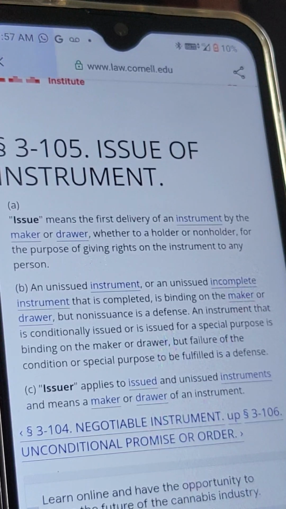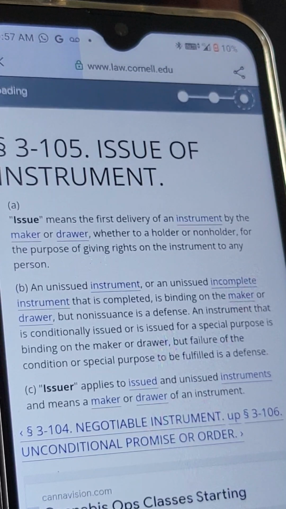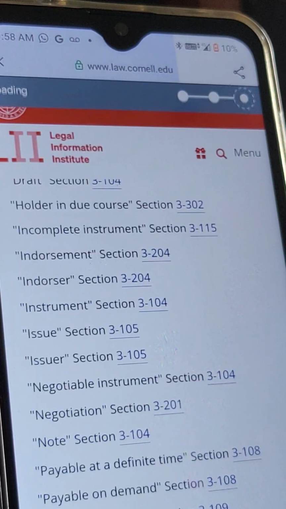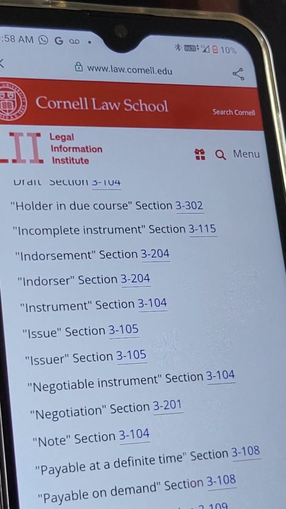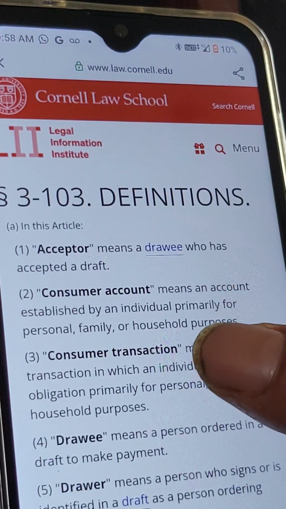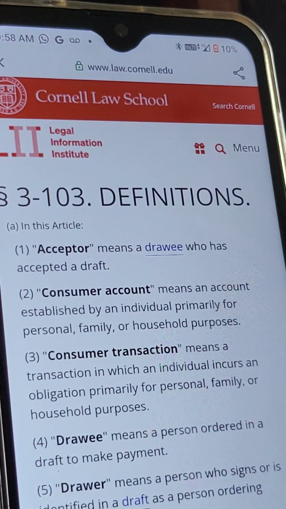A bill of exchange would be, they handed it to you, they got their signature, and all you do is pay to the order of, an unconditional order to pay to the order of. You don't need a stamp. And all you've got to have is the requirements and proper endorsement.